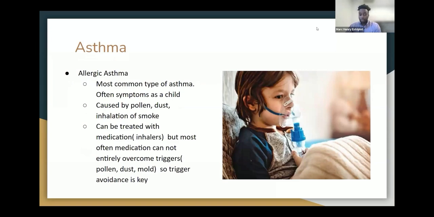The most common type of asthma is allergic asthma. Oftentimes individuals will have symptoms initially as children. It's often brought on by pollen, inhalation of smoke, and we often treat it well with medication inhalers. But for most people, even if medication can help control allergic asthma, the medication can't overcome a lot of our